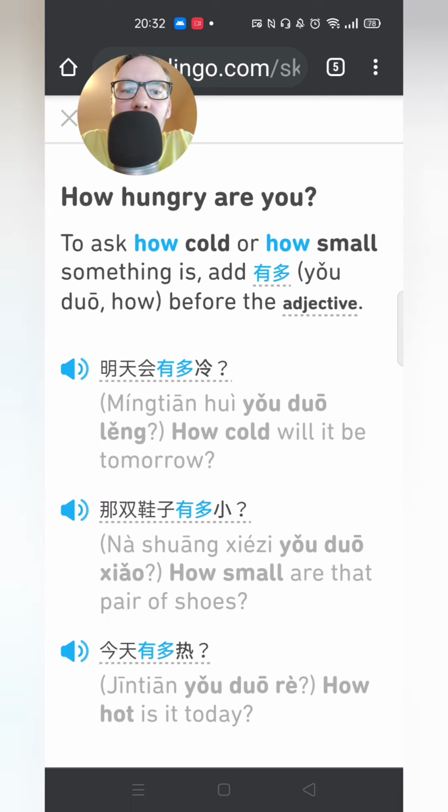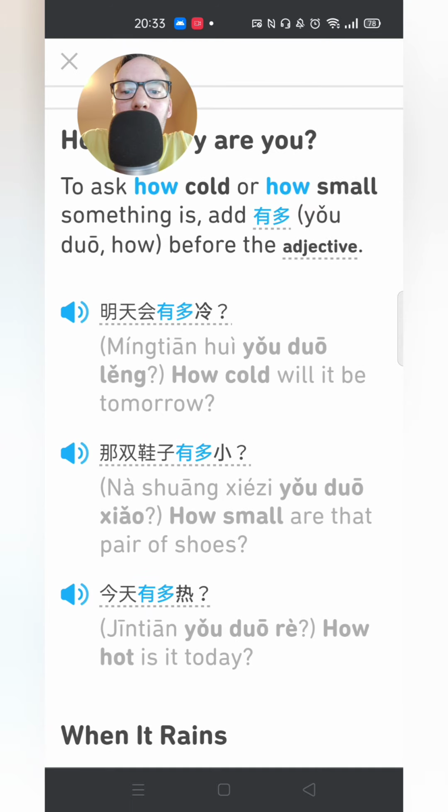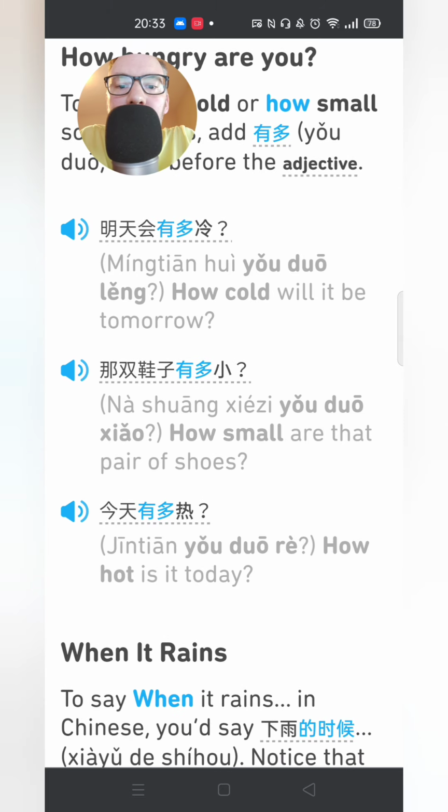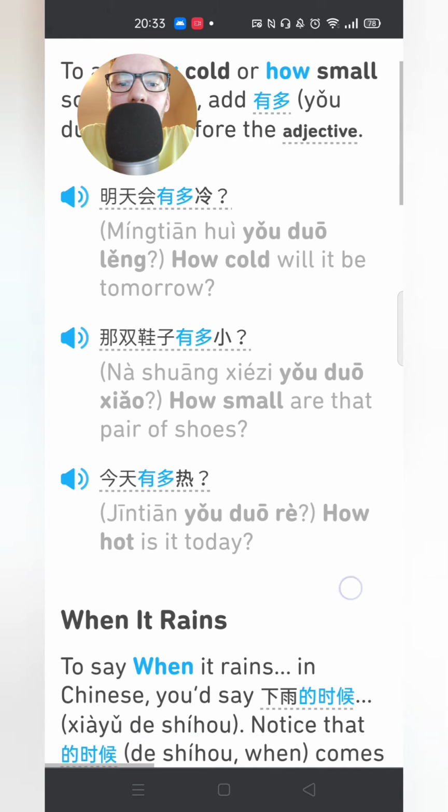You should always use the web browser version and check the tips section. The app isn't as good. To ask how cold or how small something is, you add 有多 before the adjective. 明天会有多冷? How cold will it be tomorrow?